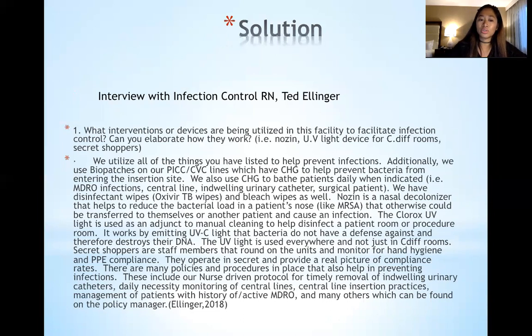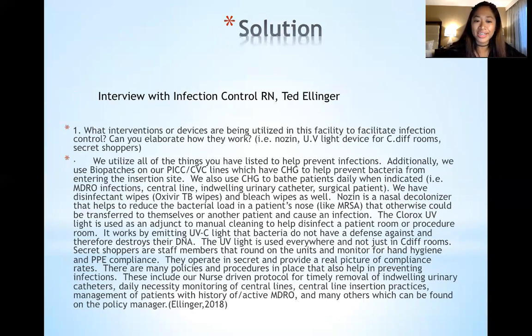We're definitely still using our Oxivir TV wipes. However, we need to start paying more close attention to the wet times that are necessary for it. So the Oxivir wipes, it's 1 minute. Bleach wipes are 4. And then the newest one that we have is the Clorox UV room light, which is